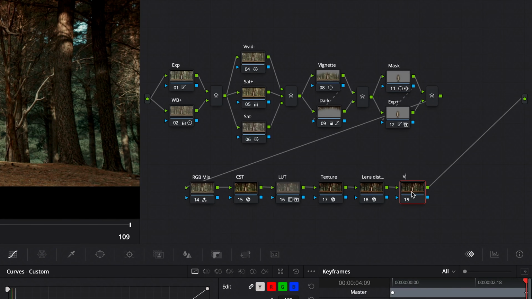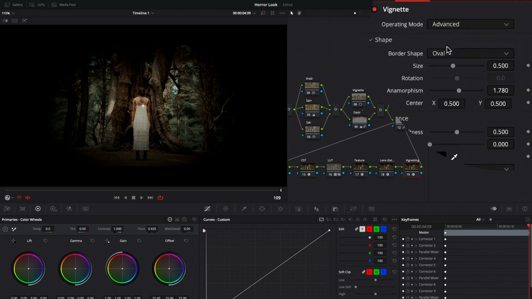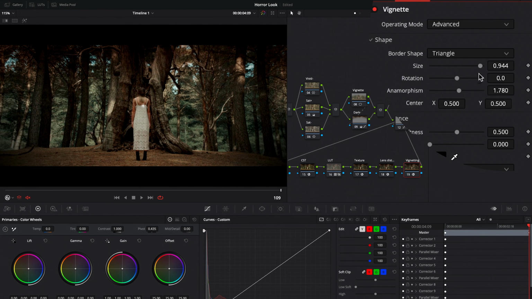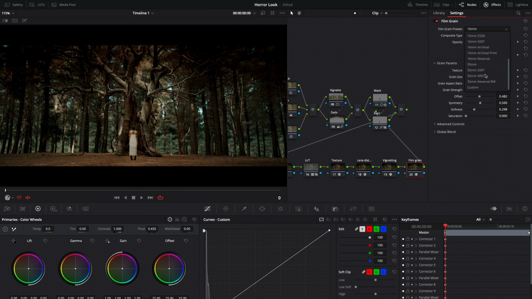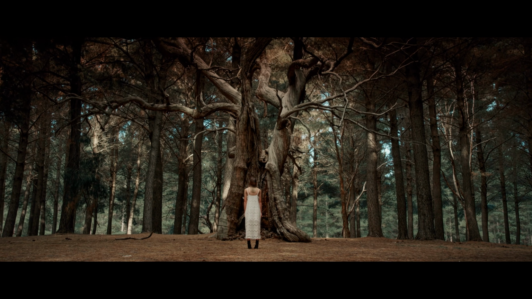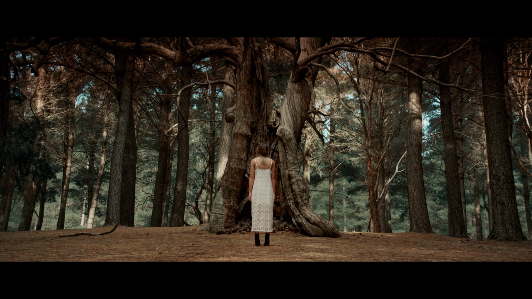First is a light vignetting. In the advanced mode, we'll choose the triangle shape, and we're going to increase the size as well as the anamorphism. Finally, we'll toss on a little grain at the very end node using the 35mm 400T preset, and we're done. Obviously, there are a million directions you could take either of these shots,